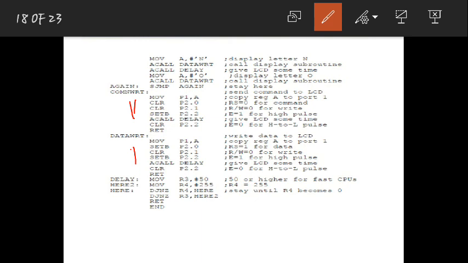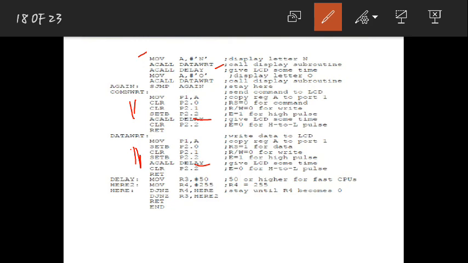Then you are enabling, I mean the enable pin you are making high and low. Even here the delay is not required. If you want, you can write it, it doesn't make any difference. So move this data to A, then call the data subroutine, because this data should latch onto the LCD. After that you are calling delay, that is also fine.